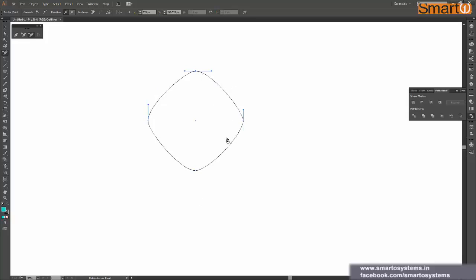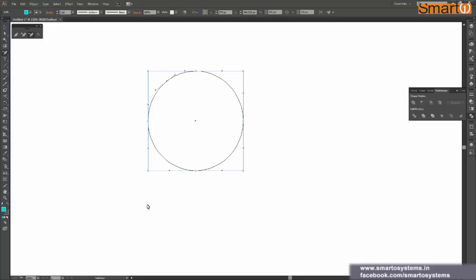Because you would have thought that, okay, add anchor points and then delete anchor points, so we are going to achieve the same shape, but unfortunately not, because whenever you add anchor points, your tangents readjust by themselves. So you can see over here, now my tangents are somewhere over here, and when I add a new anchor point, you can see how the tangents change. They get really small.